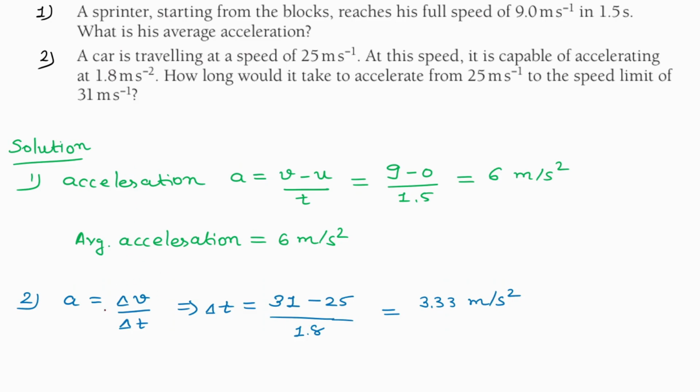again, we have the formula of acceleration: a is equal to delta v upon delta t. In this question we need delta t, so take it as the subject here. And what is delta v? Delta v means final minus initial. The final speed here is 31 meter per second, the initial one is 25 meter per second, so subtract it, upon the acceleration. They give 1.8. Write it here. When you solve this formula, you will get the answer like 3.33 seconds. So